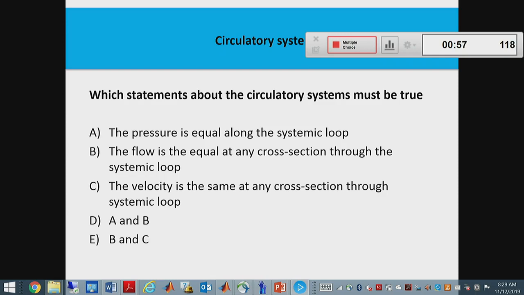Okay, just to clarify here, I told you that the circulatory loop, of course, branches into many branches, and then they all come back into just a couple of veins, okay? So what we are trying to estimate now is the flow and the pressure through the entire cross-section. So all of the blood vessels at any level are combined, okay? Not just a single blood vessel.